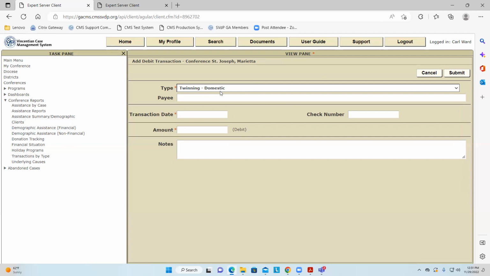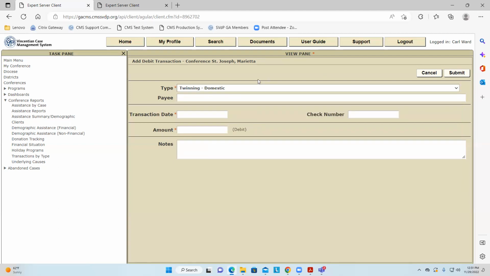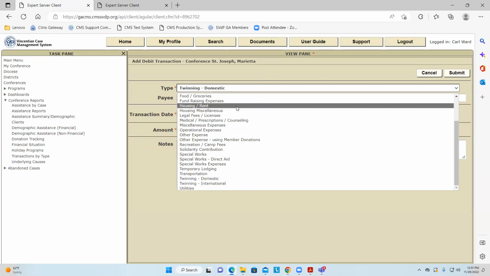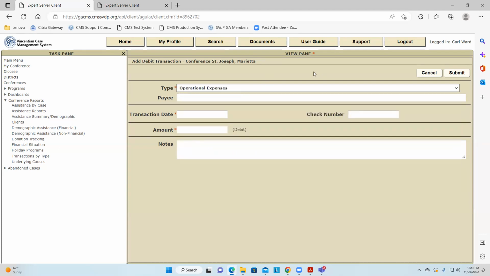The one that I wanted to point out was member reimbursement. So let's say that a member buys stamps, or you as a treasurer buy stamps when you send checks out. So that would probably be an operational expense. So if you bought some stamps and you wanted to get reimbursed for that, that's the way to do it. Obviously, you are the payee, but don't make this mistake.